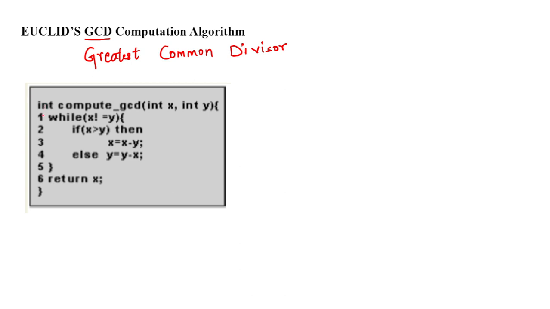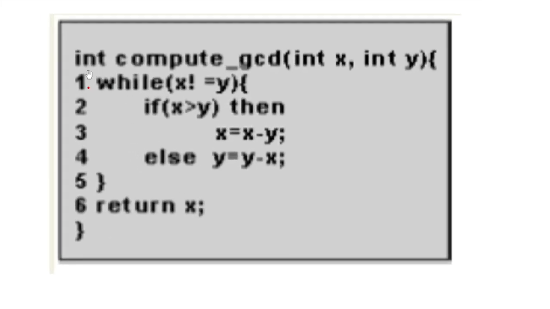अब इन्होंने यहाँ पे क्या किया, they have themselves numbered these statements, ठीक है. यहाँ से while से they have started, they have numbered as 1. I'll just zoom in so that clearly visible हो. यहाँ पे आप देख सकते हो कि they have themselves numbered these statements 1 2 3 4 5 6. You don't have to number them. उन्होंने आपके लिए इसको ऑलरेडी नंबर कर दिया है, ठीक है.